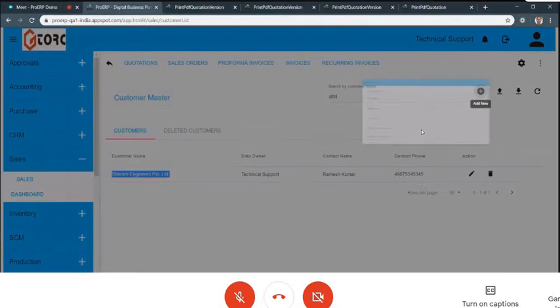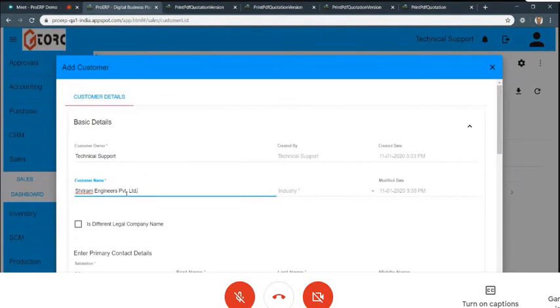I go here and suppose I type, I want to create a new customer, and the system will say this already exists. But you are correct. If I remove this dot, the system doesn't know this is the same or a duplicate. Is there anything, let's say, if the first two words are matching, that it will automatically take that?